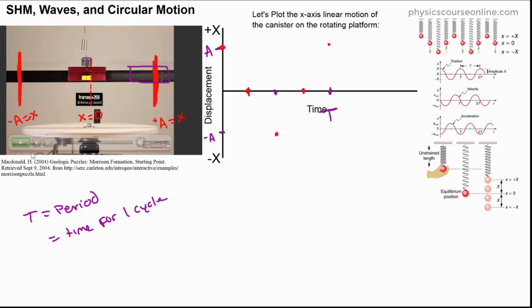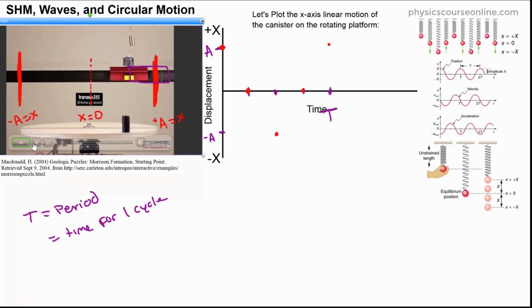Let's play this. Cool. Back and forth. Back and forth. And if I knew the time for one cycle, I would be able to tell how much time went by after 2 cycles, 3 cycles, 4 cycles. Heck, I can even do in between: 4.1 cycles, 2.7 cycles. I should be able to determine the amount of time or where it is in its path at any point in time. I'm going to come back to this. We're going to unpause this in a minute. Now,